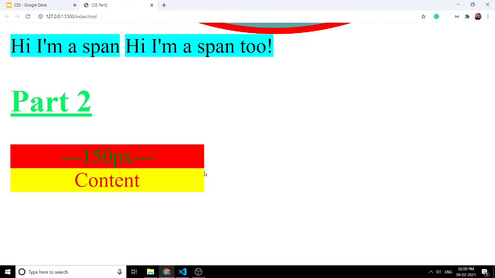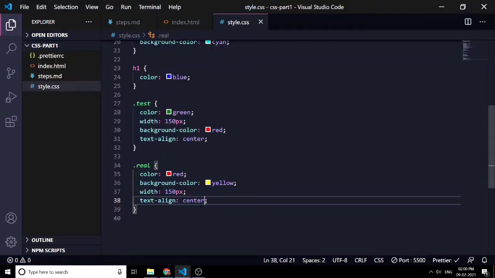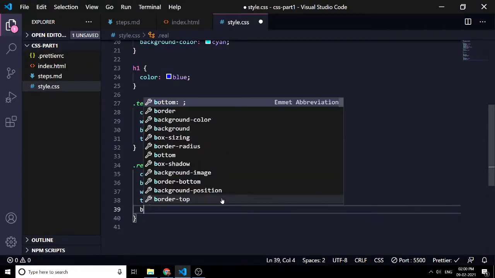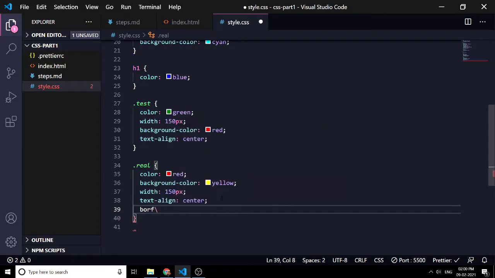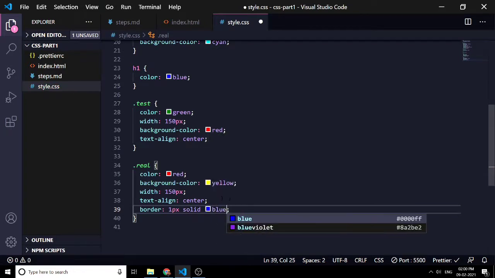Then we have a border of 0 pixels right now because we have not set the border. So let's firstly give it a border of 1 pixel, solid blue.